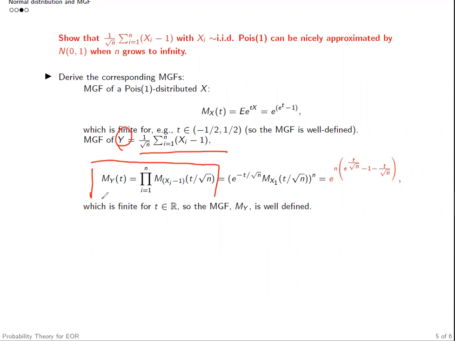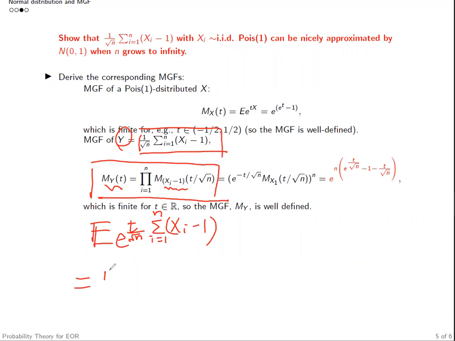Here is the result. I write out the relation between y and the moment generating function of xi minus 1. The definition of the moment generating function of y is the expected value of e to the power ty, and we know this is essentially... let's plug in this relation here. That would be the expected value of e to the power t over square root n times the summation from i equals 1 to n of xi minus 1, which can be rewritten as